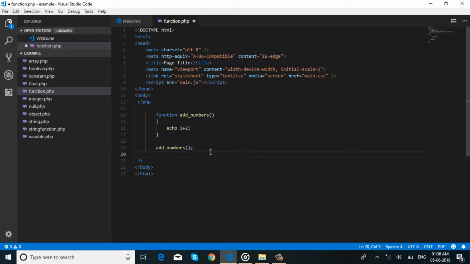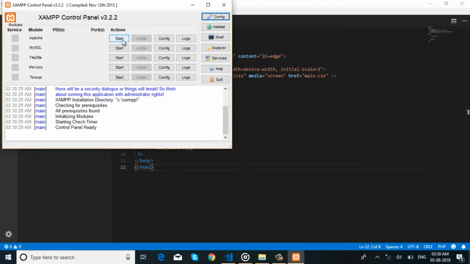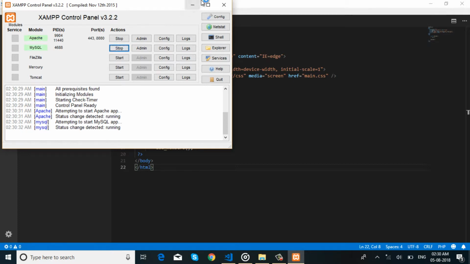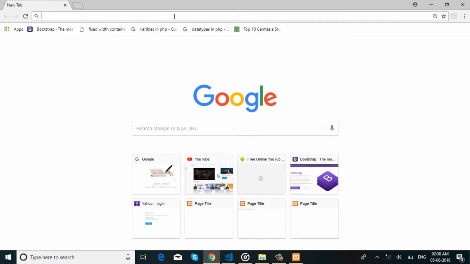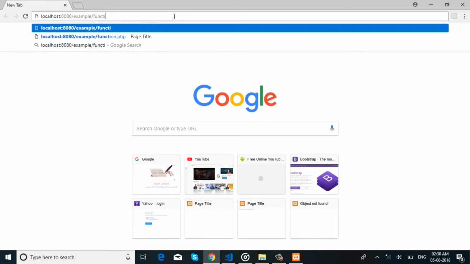Save the code. Let's run the program. The output of the code will be 3.